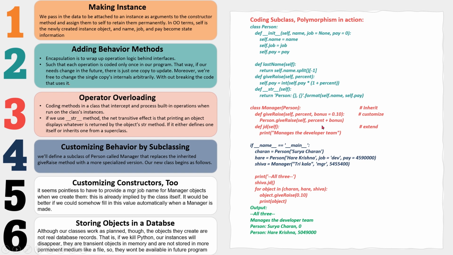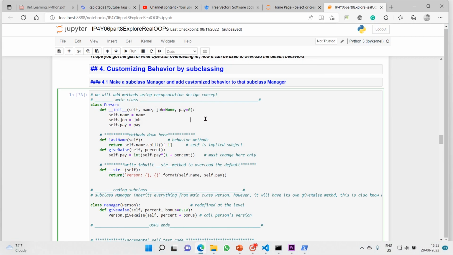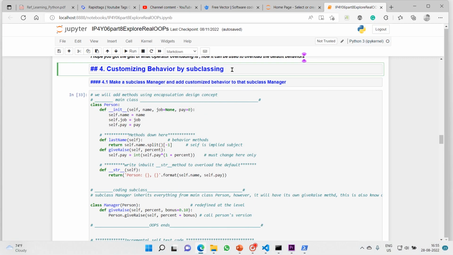Now let's jump into the Jupyter notebook and we'll code the same aspects in that. As we are using more OOP concepts, the code is becoming bigger and bigger, so please bear with me. Don't be afraid of this code. It is nothing but the same code. We are copying it and adding more concepts to it. That's it. Just take it simple. It's easy.